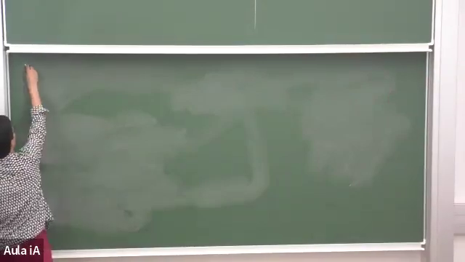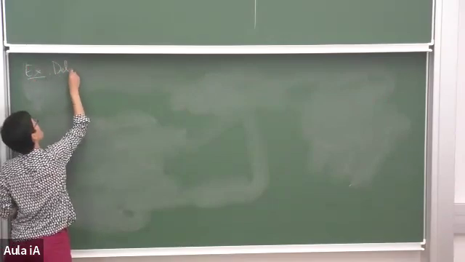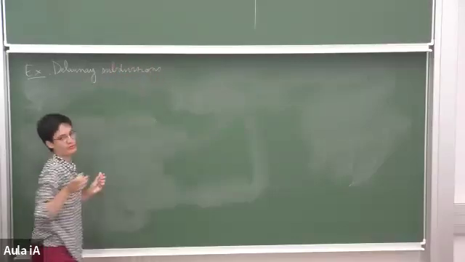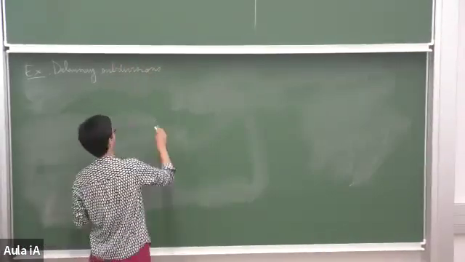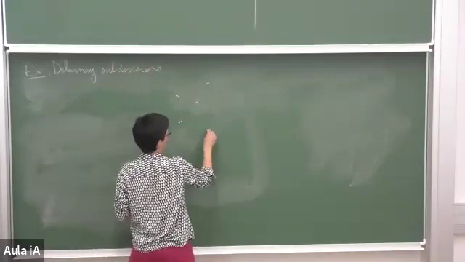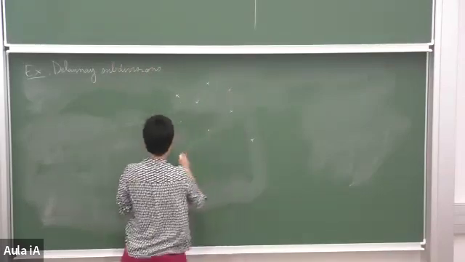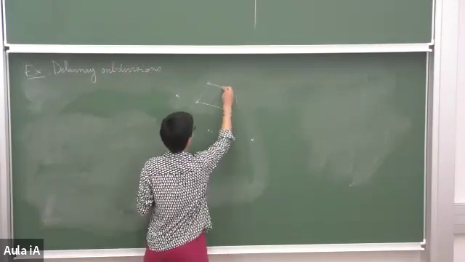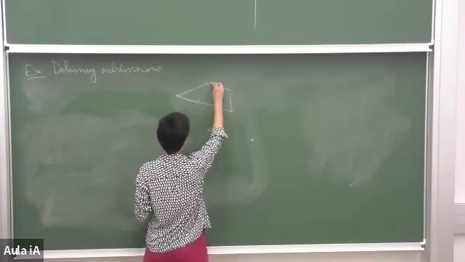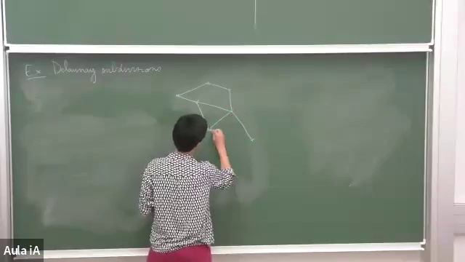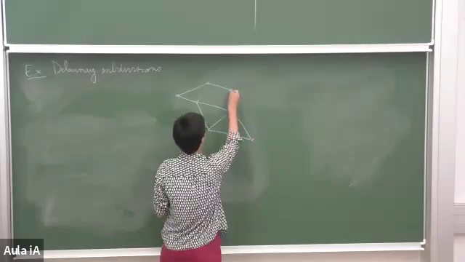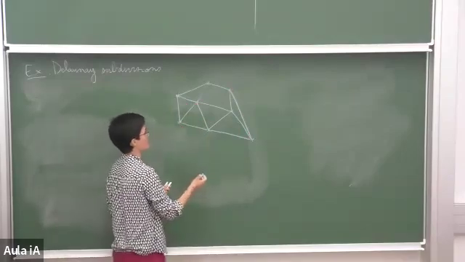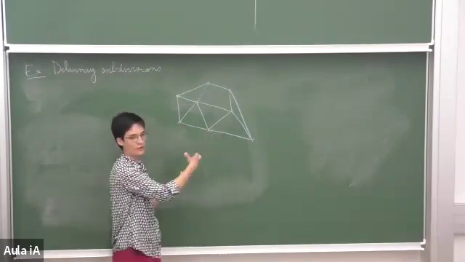So a nice example is Delaunay subdivisions. I don't know if anyone knows about them. So the idea is we have a point configuration. Okay, and now I'm drawing a very special subdivision. I will try to convince you why it's special. The special property that this subdivision has is that if I choose a cell of my subdivision